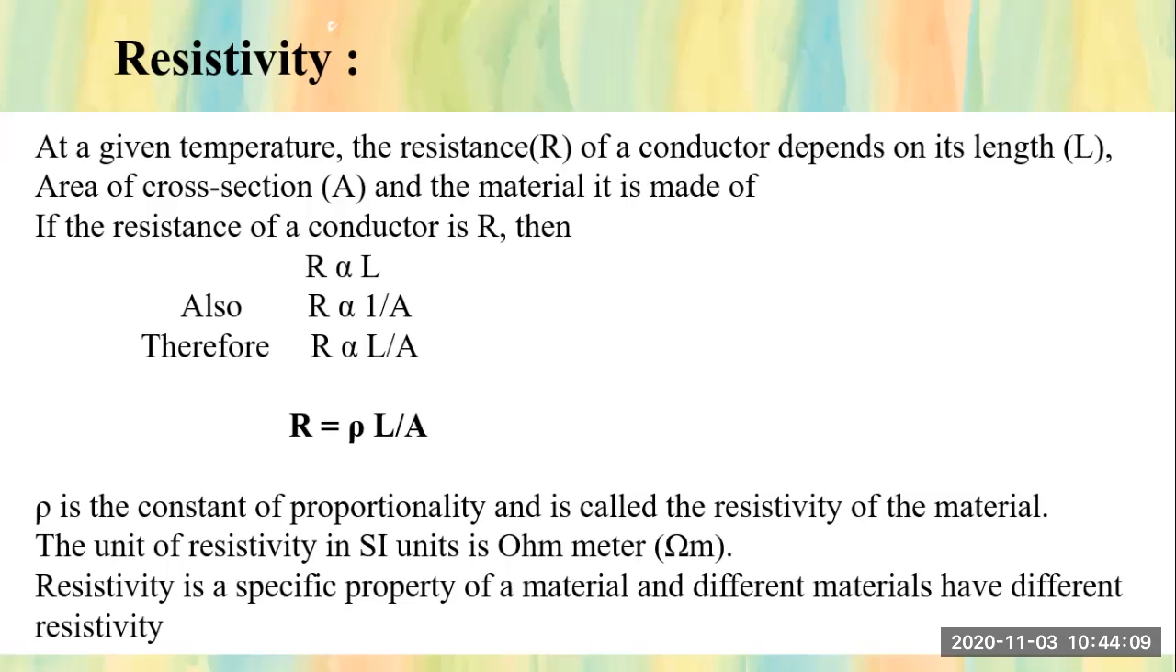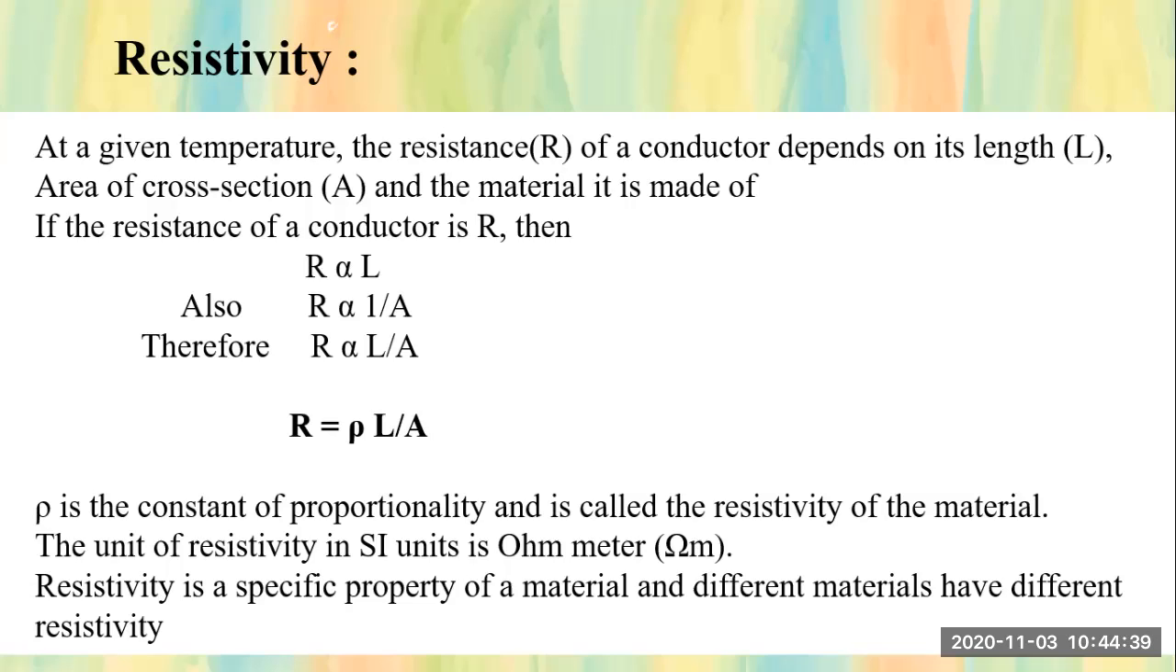Rho is a constant of proportionality and it is called the resistivity of a material. The unit of resistivity in SI unit is ohm meter. We have seen in the last session how the SI unit of rho is ohm meter. We have calculated it, right? That is how this ohm meter comes. So whenever it is asked what is the SI unit of resistivity, you will say it is nothing